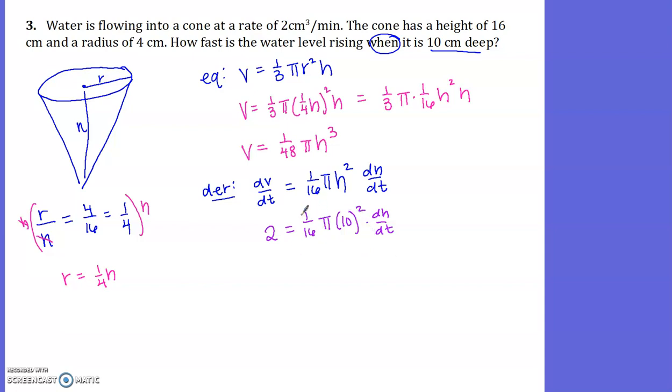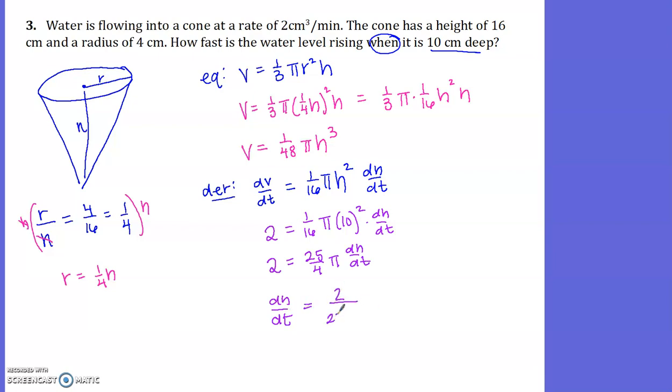So I'm going to go ahead and do 1/16 times 10 squared, and that's going to give me 2 equals, that'll be 25 over 4 pi dh dt, and then I'm just going to